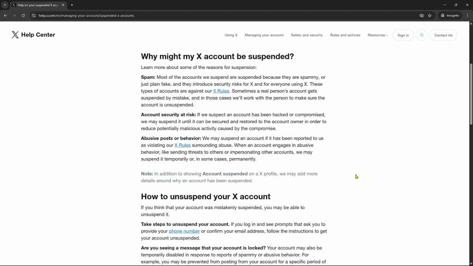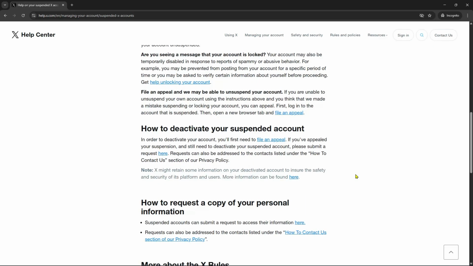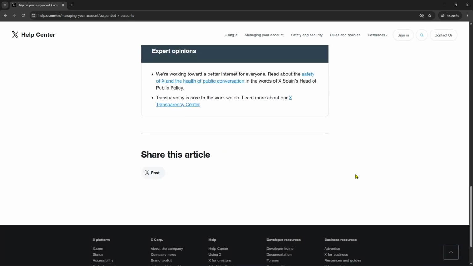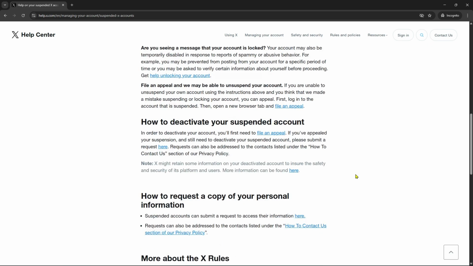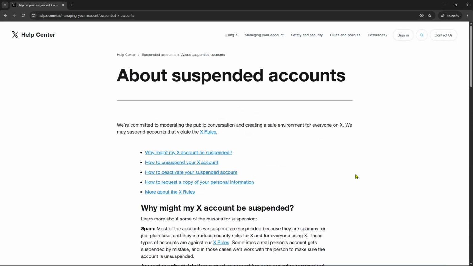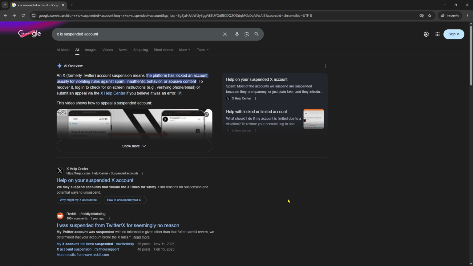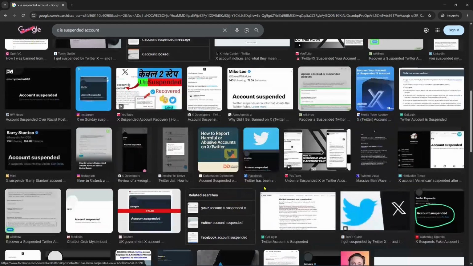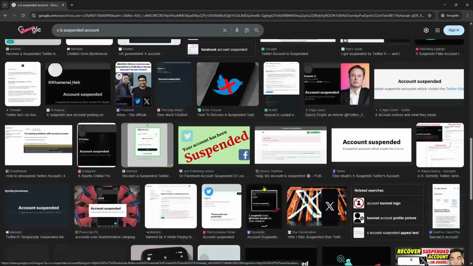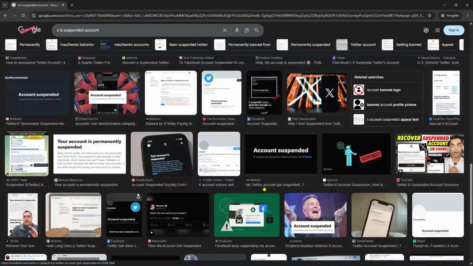Next, remove any recent tweets, replies, or retweets that could be flagged for spam, automation, sensitive content, or policy violations by accessing your account through a web browser if possible. Then, verify your account details by adding or confirming your phone number and email address, and change your password to show account security activity. Avoid any aggressive actions like mass following, liking, or posting for at least 24 to 48